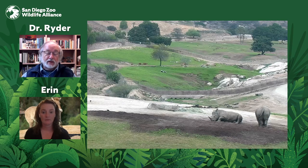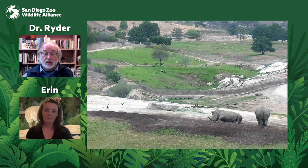The southern white rhino went through a bottleneck a century ago. A bottleneck means its numbers were reduced greatly. There had been commercial hunting and sport hunting, and rhinoceros numbers disappeared to the point where people thought southern white rhinoceroses might even be extinct. And then a population was found in an area that was very thick scrub habitat, with a lot of tsetse flies. It wasn't a great place that people like to hang out, and it turns out that it was fine for the rhinos, but there were about 30 to 50 left in this one habitat area